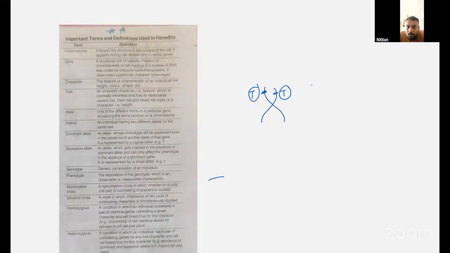Okay, so this is called a gene, like capital T means I have the capital T thing. Okay? Yes or no? Now, alleles are of two types. First is